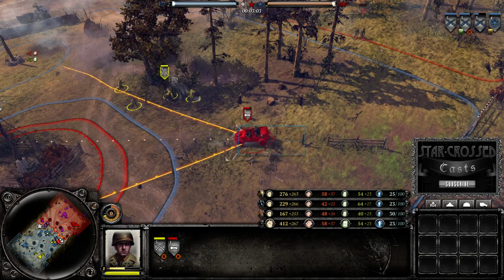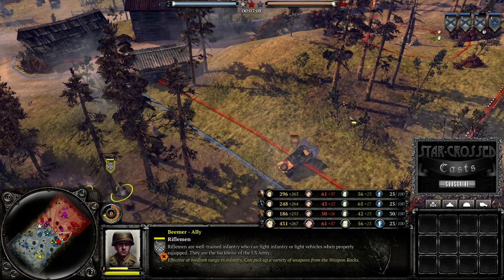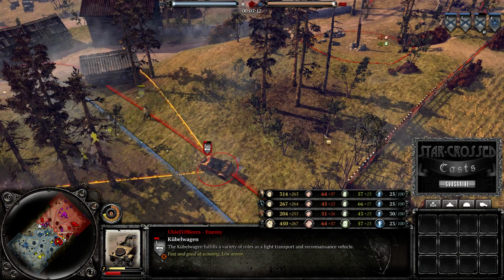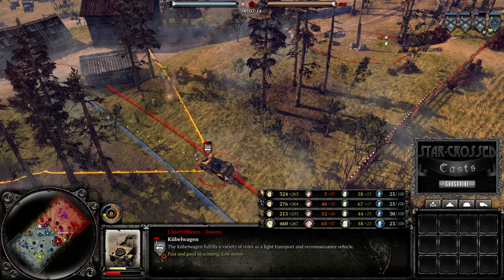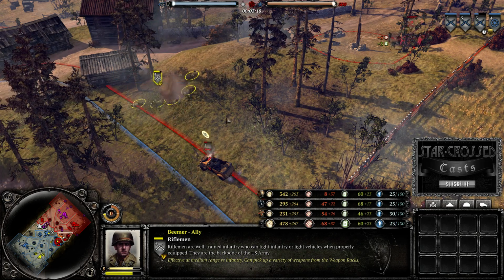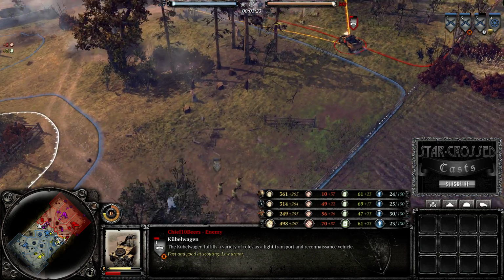Unbelievable. But we do have a nice flank coming up here from Beemer. Very nice. Kubel wagon probably will have difficulty pathing through this forested area, and he's just letting it sit there and auto-rotating. Beemer needs to get out of the arc of fire and keep moving, though. What is he doing? Oh, he just stood there. He may have been able to finish it off if his micro had been a little bit more on point,